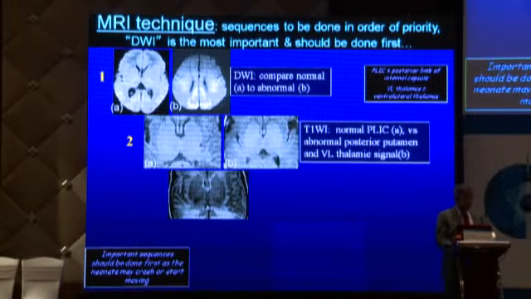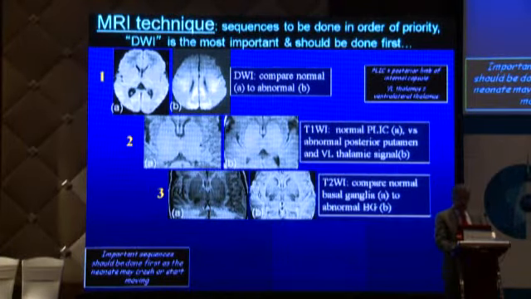You can even do T2, it is your choice. On T1, look at the PLIC, that is the posterior limb of the internal capsule, that is normal myelination. And this is abnormal where the increased T1 signal in the ventrolateral thalami and the posterior putamen is a grave sign of very significant hypoxic ischemic injury. Then we do T2 images, and this is normal, and you can see this is abnormal bright signal of the basal ganglia and the thalami because of edema within those structures due to hypoxic ischemic injury.